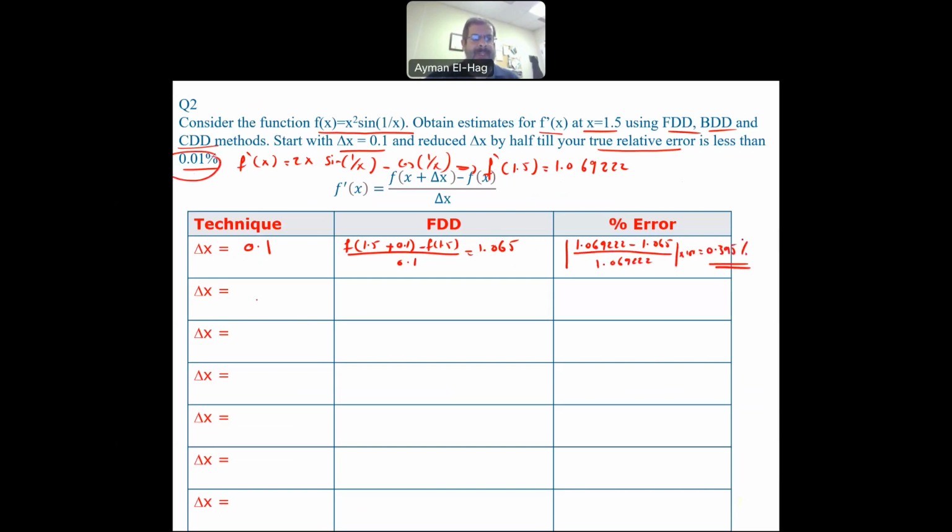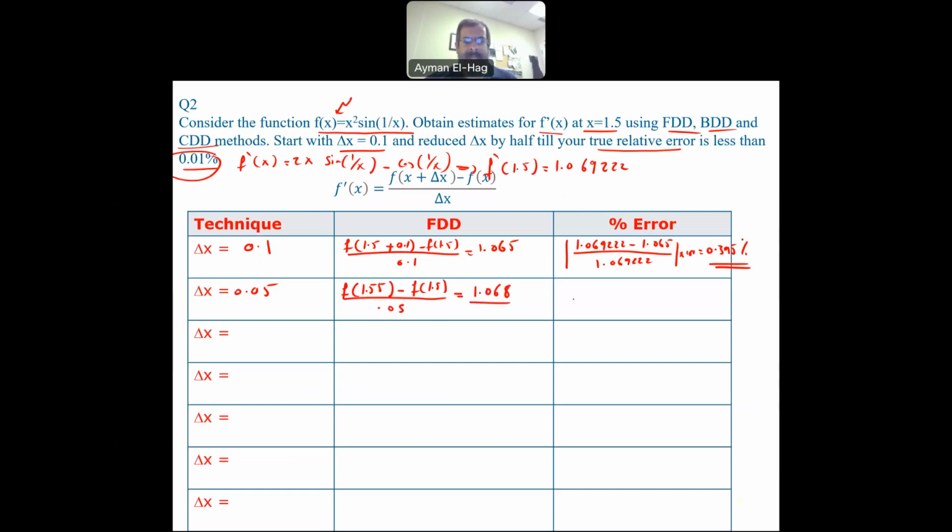Still far away from this, so we'll go to the second level, which is 0.05. Now we will find f. Now we will add 0.05, so f of 1.55 minus f of 1.5 divided by 0.05. Now, how to find f of 1.55? Simple, you substitute it in your function here. But you have to notice that it's very important that x here has to be in radian. This is very, very important. So now at 0.05, this will be equal to